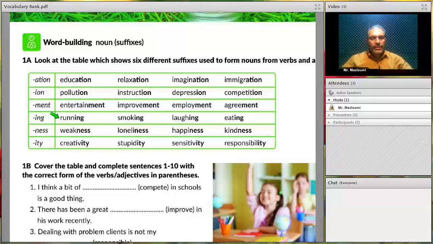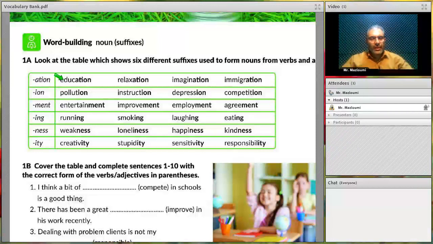Smoking, laughing, eating. Weakness, loneliness, happiness, kindness. Creativity, stupidity, sensitivity,